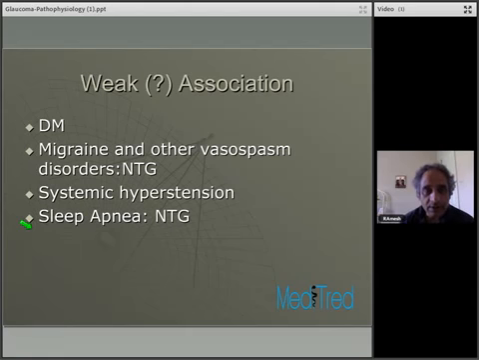Weak associations: there are certain diseases associated with it, but the association has been categorized as weak. These include diabetes, migraine, and other vasospastic disorders, especially in relation to normal tension glaucoma, and sleep apnea, again in relation to normal tension glaucoma. So remember, vasospastic diseases and sleep apnea are linked to normal tension glaucoma, whereas systemic hypertension and diabetes are supposed to be weakly associated with